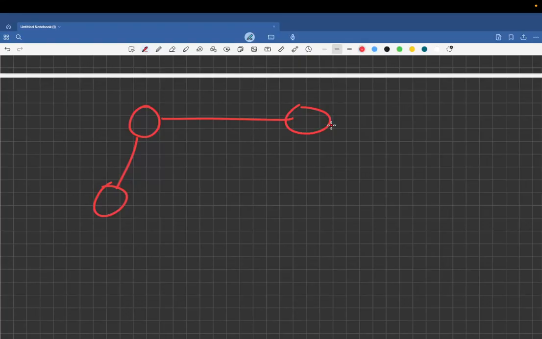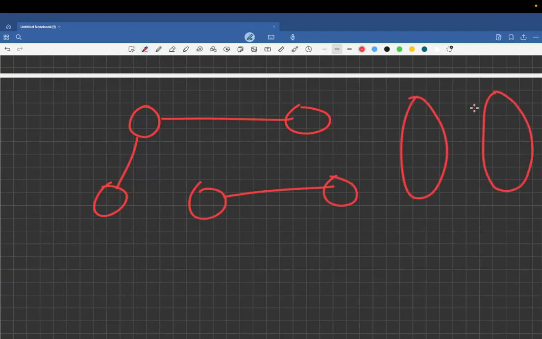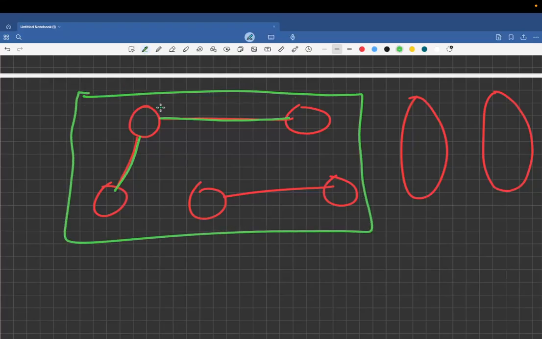I am told to divide these pupils into exactly two groups, such that if they have friendships between each other, they should not be in the same group. By this, what do I mean? I mean that if they have an immediate edge, that is a direct edge between each other, they should not be in the same group. Doesn't it mean that I should color this graph with two different colors such that if two nodes have an edge between them, they should not be in the same group?